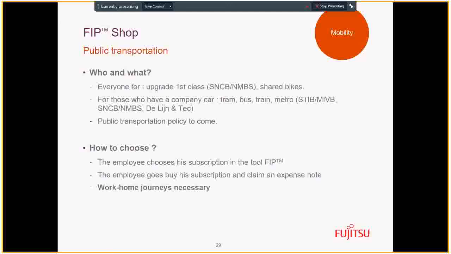How to choose? On the FIP tool, you will be able to see several providers, such as SNCB, for which you will have to select the trip you want to book. For example, Brussels, Antwerp, and it will ask you the value of it. So you will need to go to the SNCB tool, but we will come to it next week for the demonstration. You will have to buy your subscription by yourself, and then the amount will be claimed